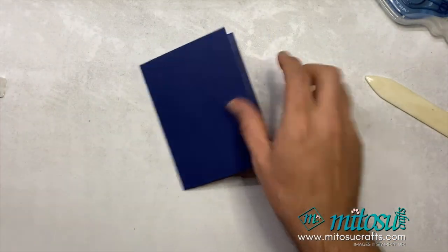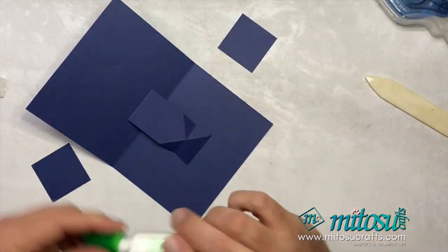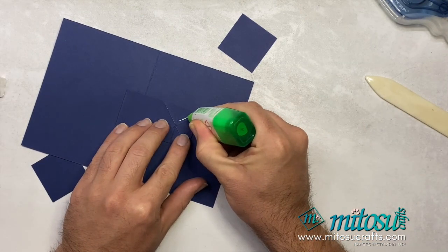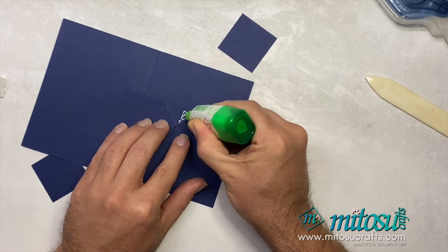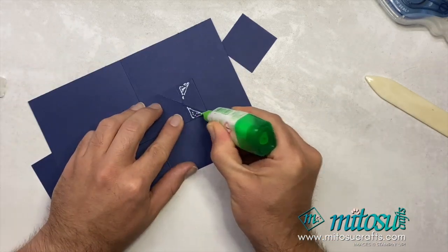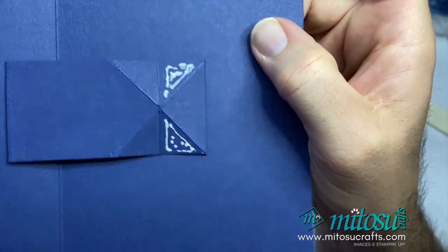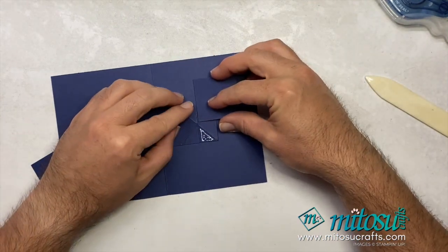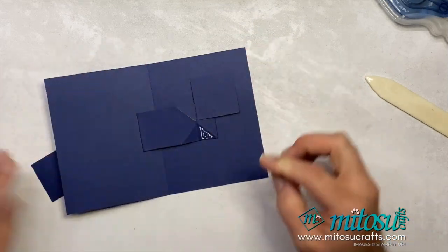So that's that part. We're going to take our square panels right here, and we're going to now go back to using wet glue again, and I'm going to pop some glue on these triangle parts right here. So I'm being careful not to over glue it. That's where I'm just going to pop my glue, just on those little triangle parts here. Going to bring my square pop out pieces, and I'm just going to stick those onto that like so,